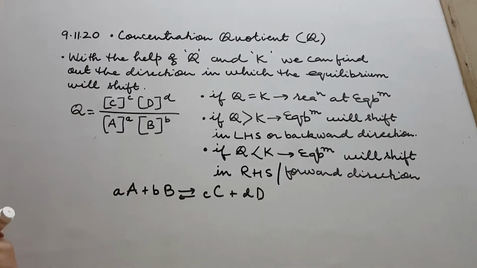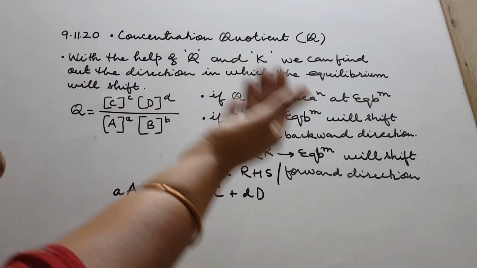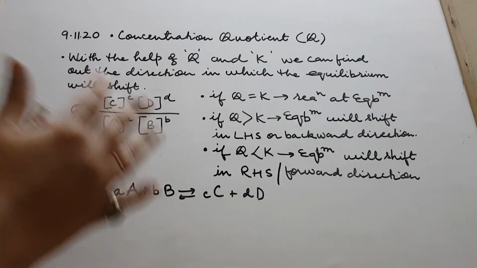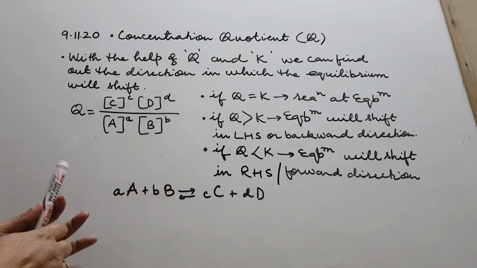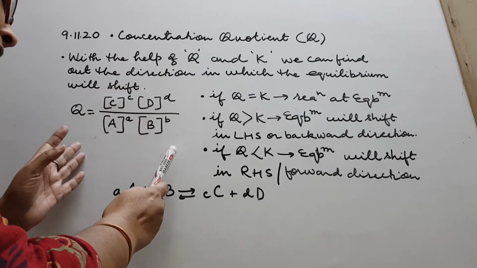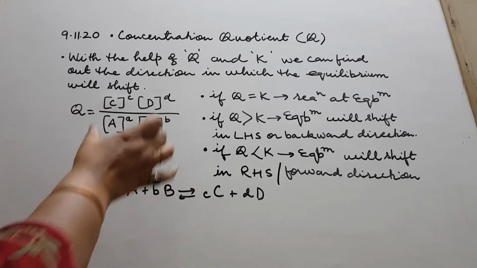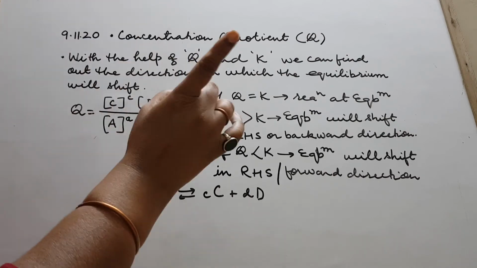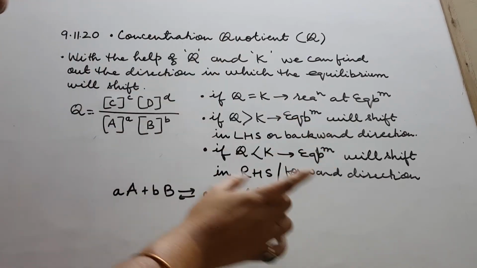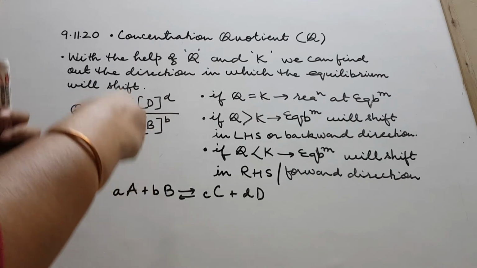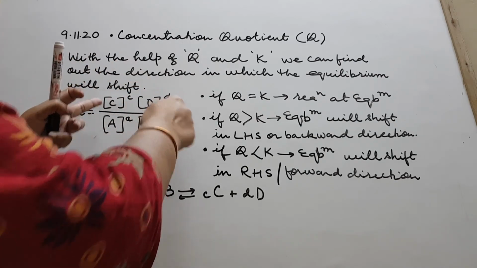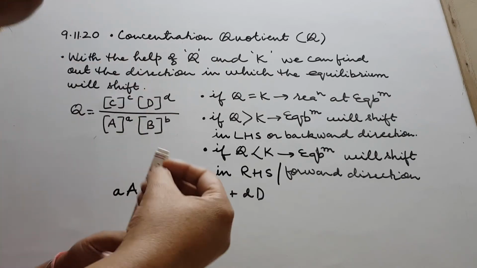Right, children? So this is how we get to know whether the equilibrium will shift in the forward direction or in the backward direction, towards RHS or towards LHS. Something very simple, but yes, we need to know. So I repeat, the same formula, the same concept, very same formula, that is there for your K or Kc. But in K or Kc, these concentrations are given only at equilibrium. Those values are put here. And this Q is these concentrations of your C and D, A and B at any point of time.